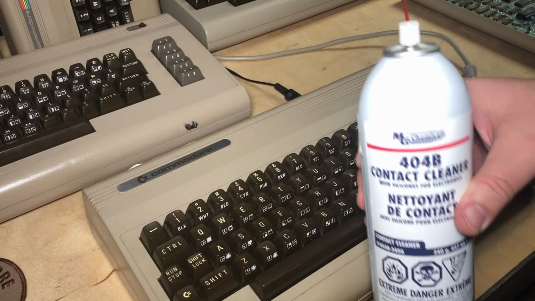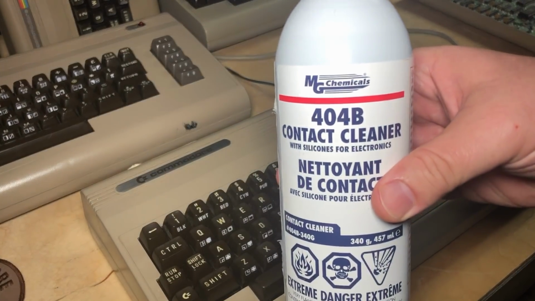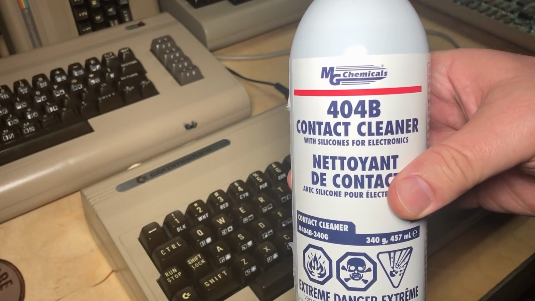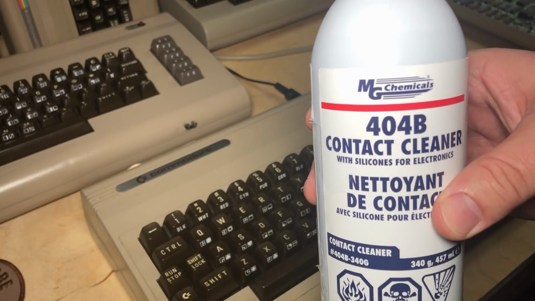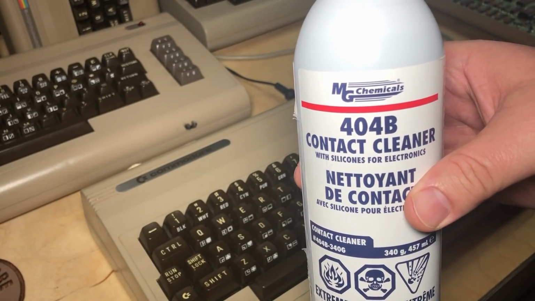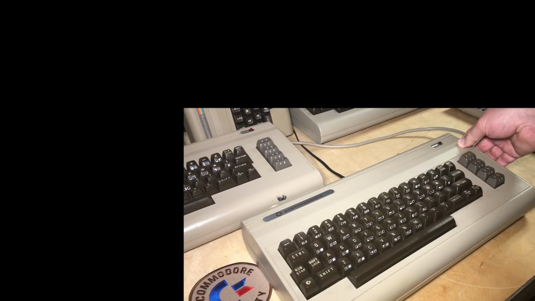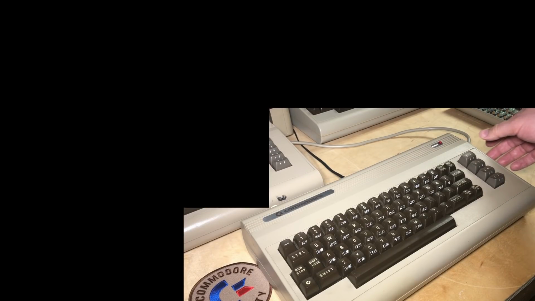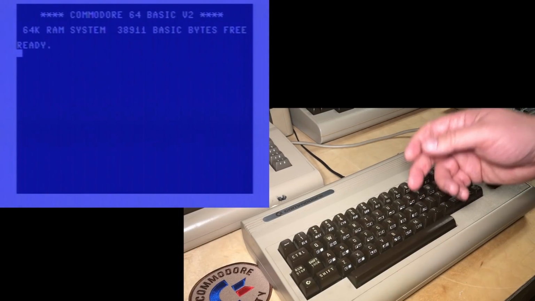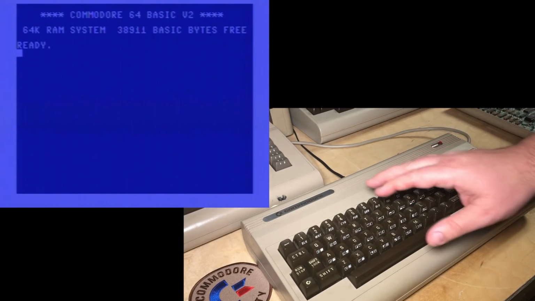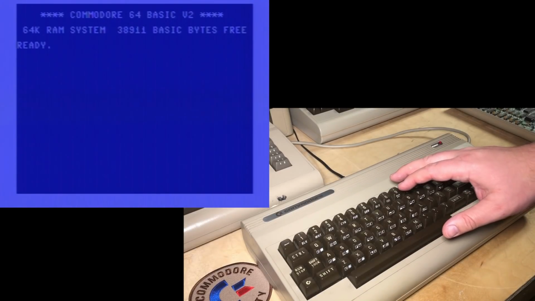And all this needed to get going again was several shots of this 404B contact cleaner by MG Chemicals, which is basically the Canadian equivalent of Deoxit. Let's give it a try. Hopefully it still works. There we go. So we're mainly focusing on the differences between the kernel revisions here, but you will note that